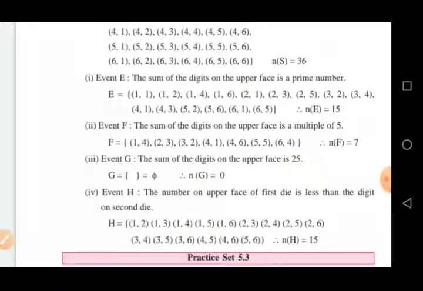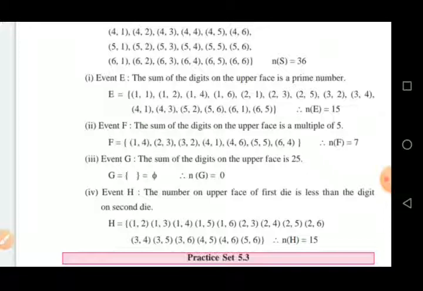The maximum sum of the digits on the upper face is 12. (6,6) is the last result. If we do the sum of these two, that means 6 plus 6 is equal to 12. Then it is impossible to get the sum 25.